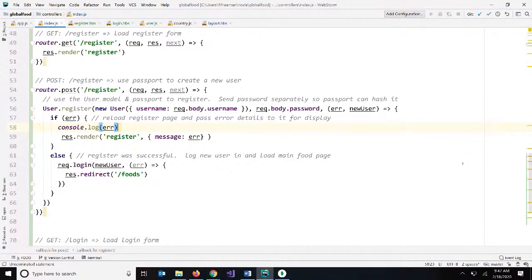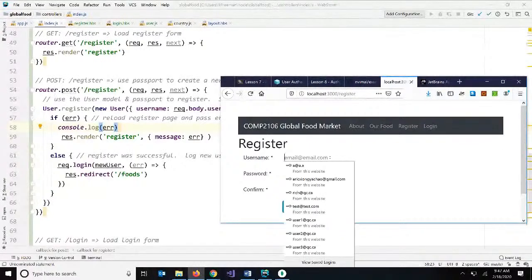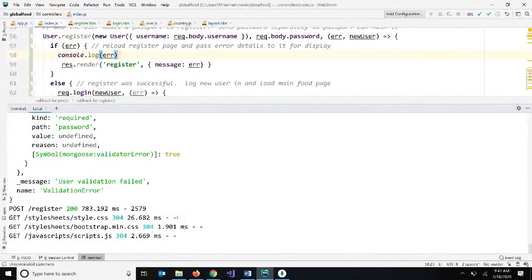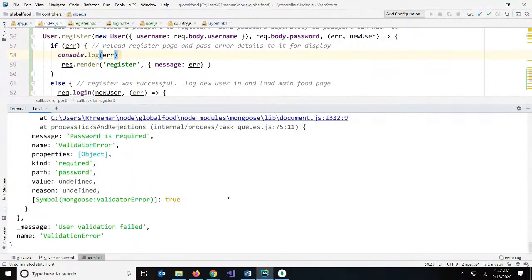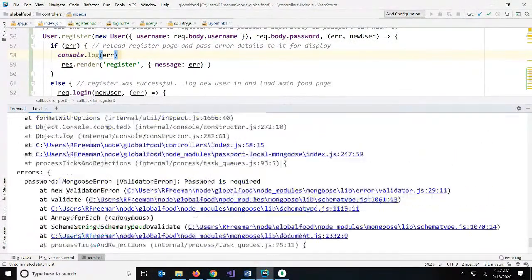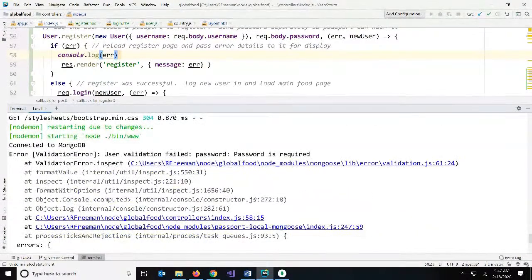That's okay. Try again. Okay. So it's using our validation and saying password is